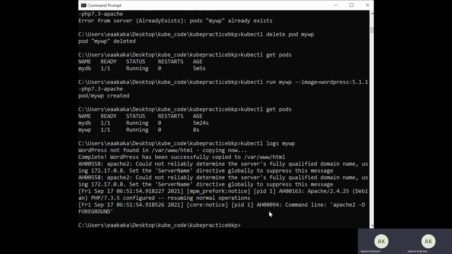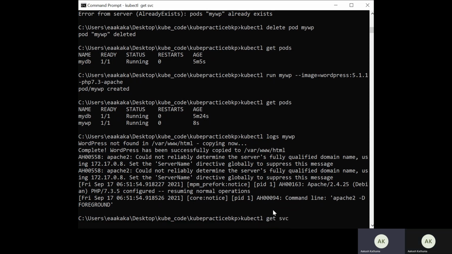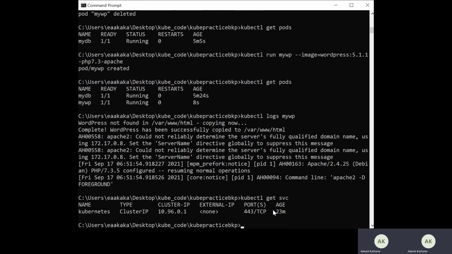Perfect. So now I need to run kubectl get services. Let me check whether I have the services defined, because I have deleted all the services. There is only the default type, that is the cluster IP, which is used for internal communication.